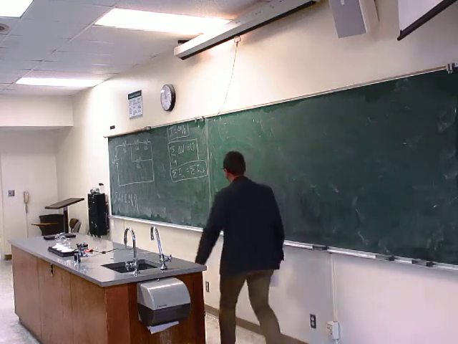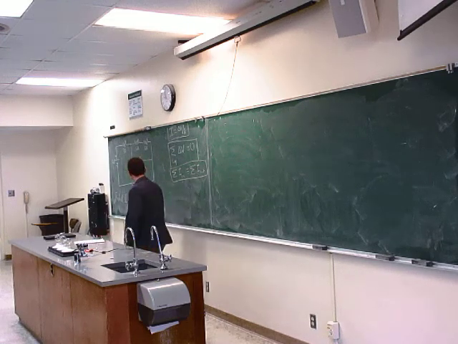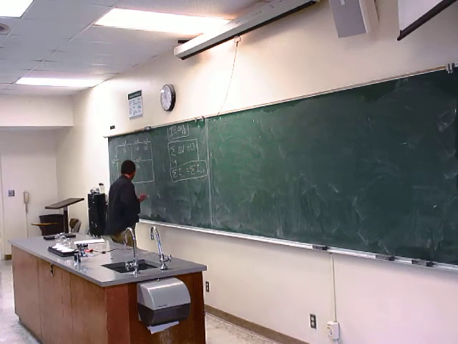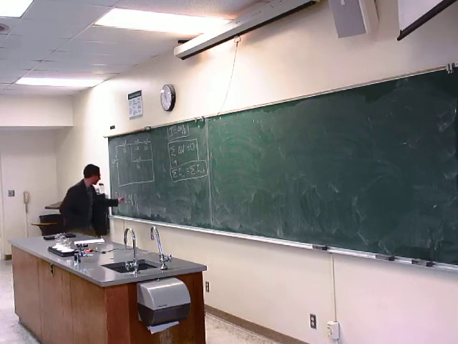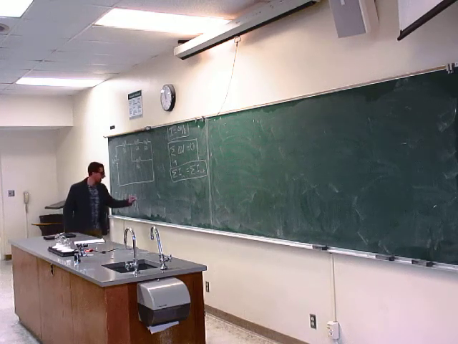Okay, so the first step would be to label the unknowns. And the unknowns in this circuit, well, everything is unknown, but they're all related to each other, right? If I know this, I can find this. If I know this, I can find this. So the unknowns